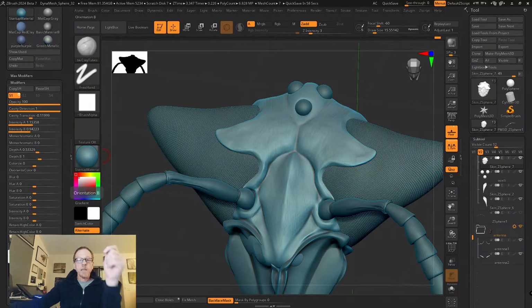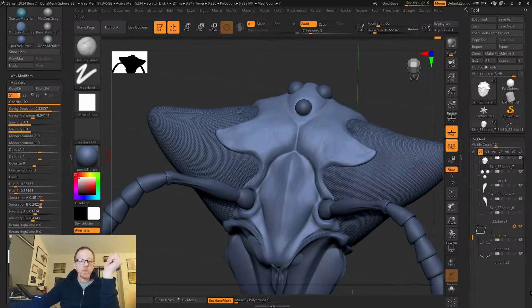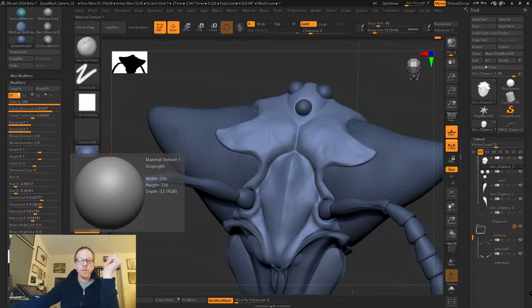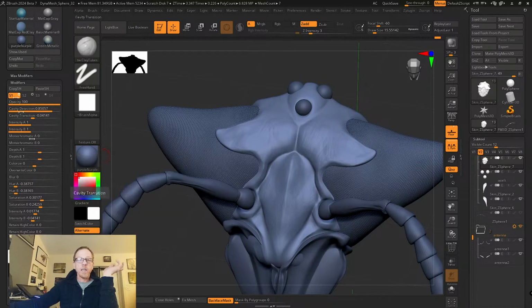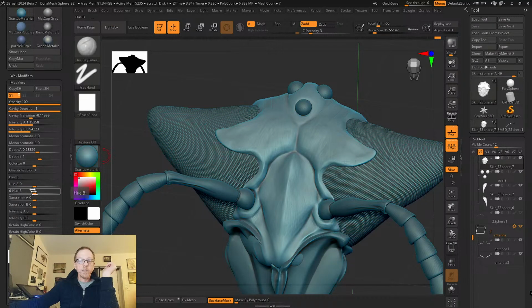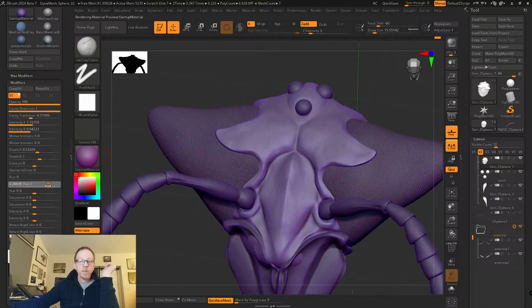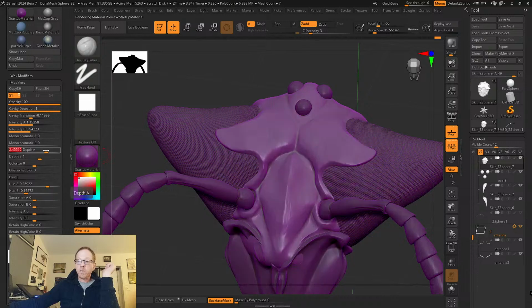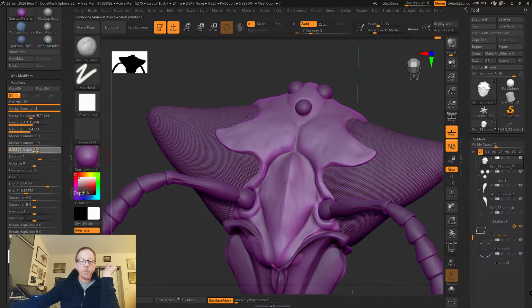That's A and B. Now the A and B doesn't do anything if you're using a material that just has one image. Then you would just adjust anything that says A. But if I go in here to my material, and let's say I start changing the hue for just A and then B, you can see that the B is going to be very subtle. But as you start playing with these sliders for A versus B, if I move this all the way over here, you can see how it's affecting that image, which is then affecting the render,